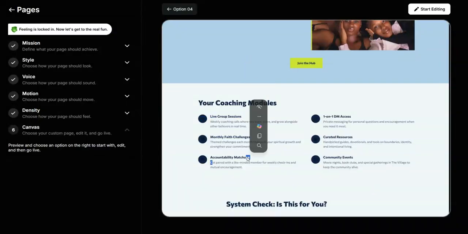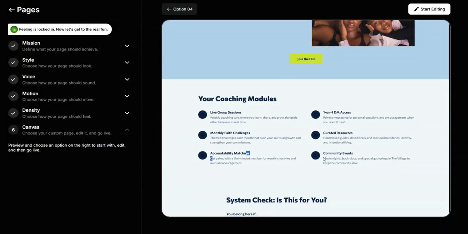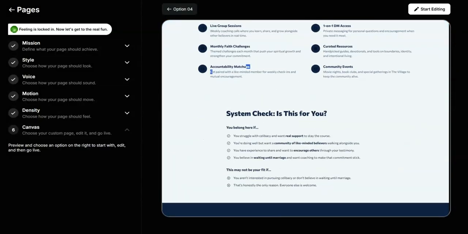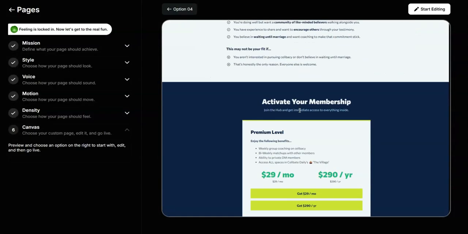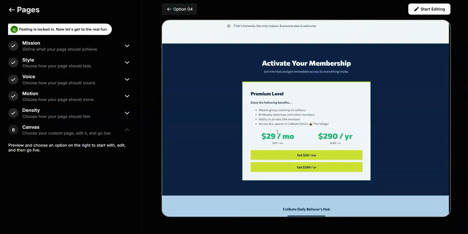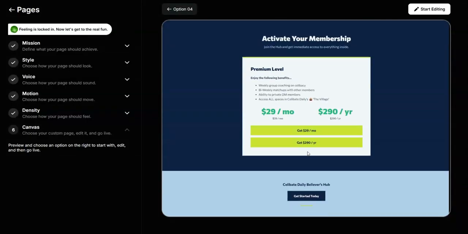Monthly, accountability matchups, one-on-one, DM access, curated resources. Nice. I like system check. Is this for you? I like that. We can actually do more. We can edit that to stylize it more, then activate your membership. Mm, wow. Okay. So I'm torn between 3 and 4